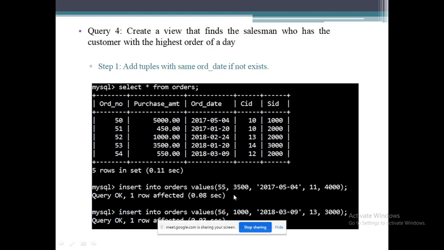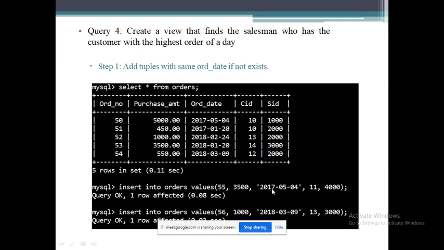Now what I will do here is add two more tuples to this. Earlier I showed adding multiple tuples at a time, but here I'll add two tuples to this orders table so that for the same day I can have more than one order.